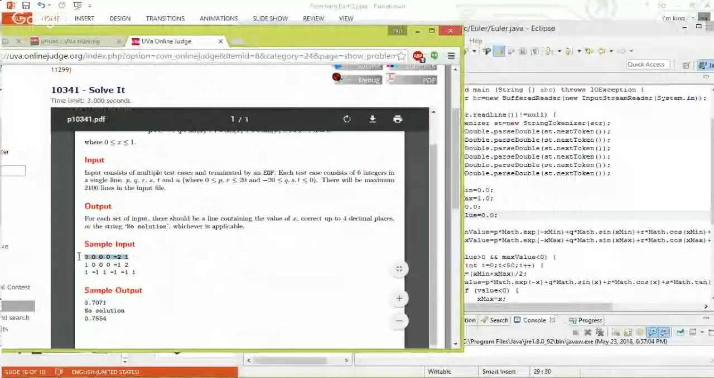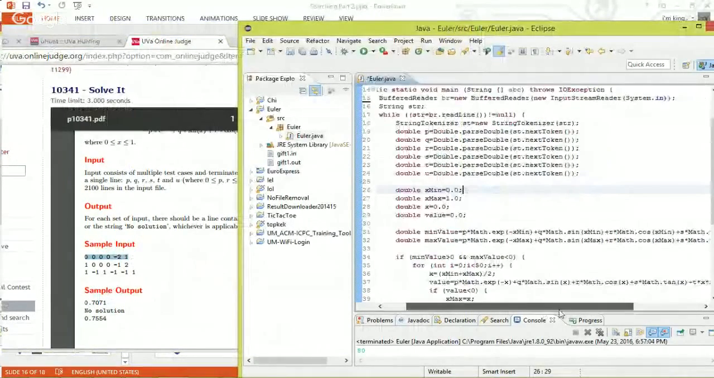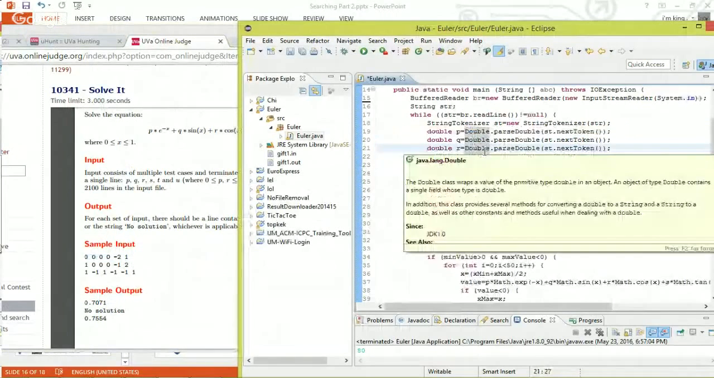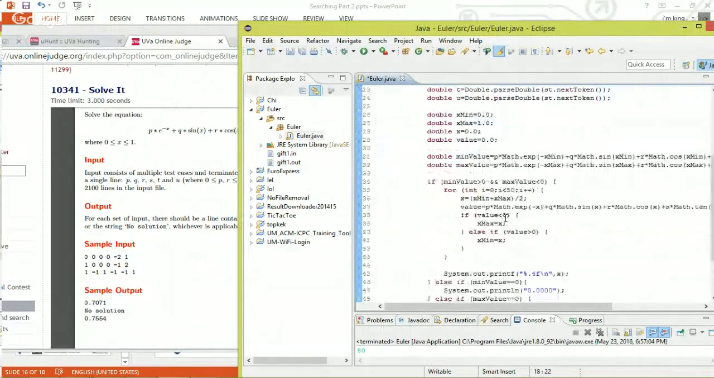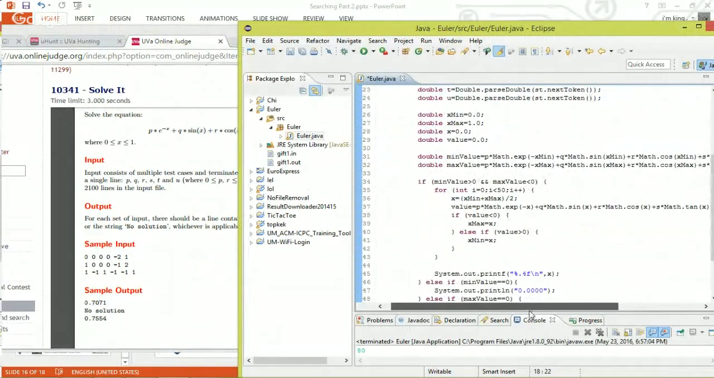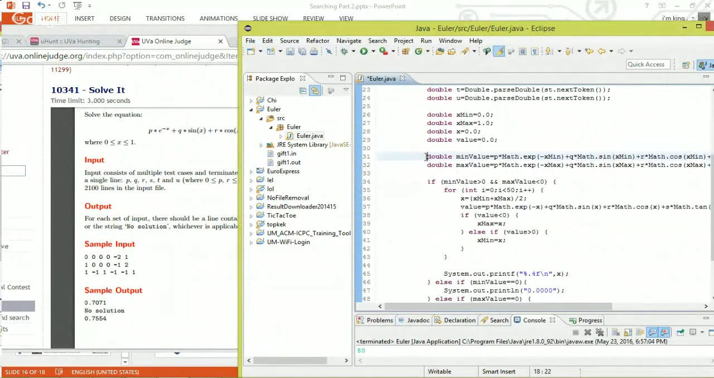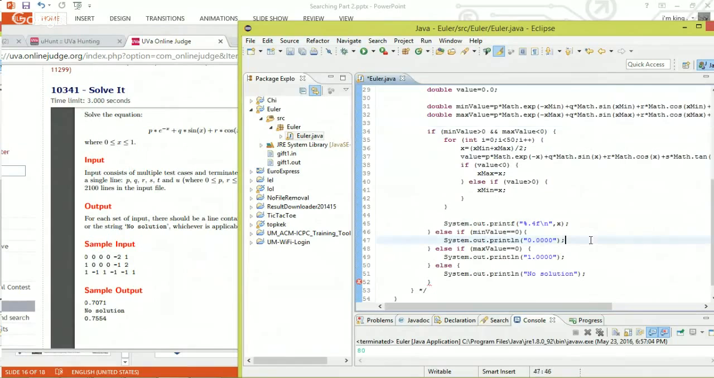So first we print the line, we read the line, then we set it into the double variable in order to preserve the precision, so we don't need to use integer here. And min value and max value. If the min value is more than 0 and the max value is less than 0, then we should continue